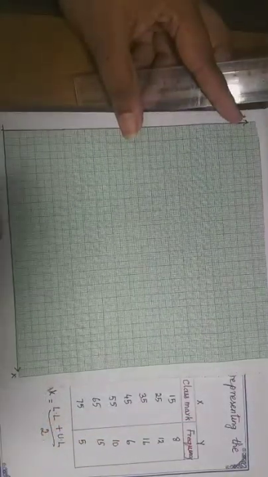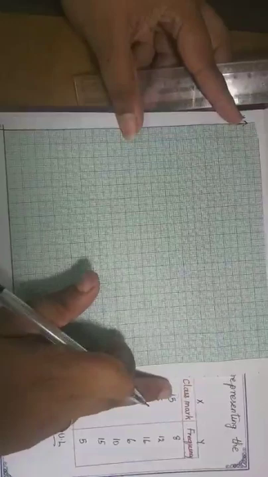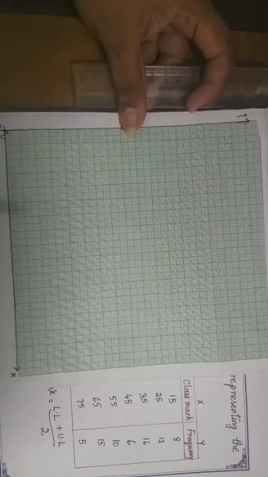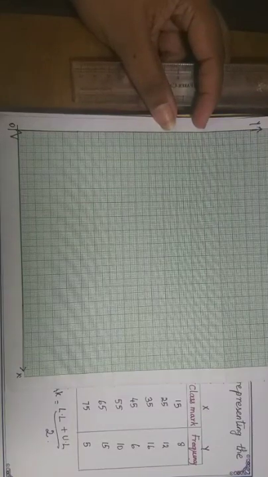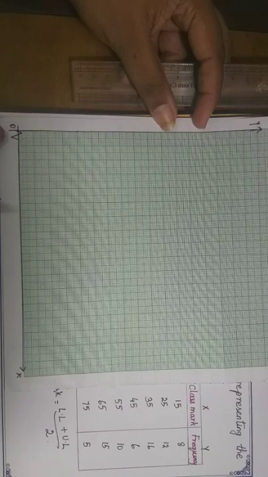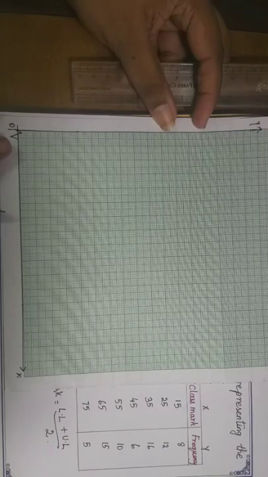So the x-axis will be in the form of 15, 25, 35, 45, 55, 65, 75. So we start with 0, but it is not starting in the proper order. Here it is 10, 10, 10, 10, but before it is 15. For that, it is not continuous, so we use the symbol called kink. What is it? Kink, the zigzag. The zigzag symbol is called kink. It is a zigzag line that is usually drawn on the x-axis near the origin. When the scale on the axis does not start from 0, it denotes the missing divisions.